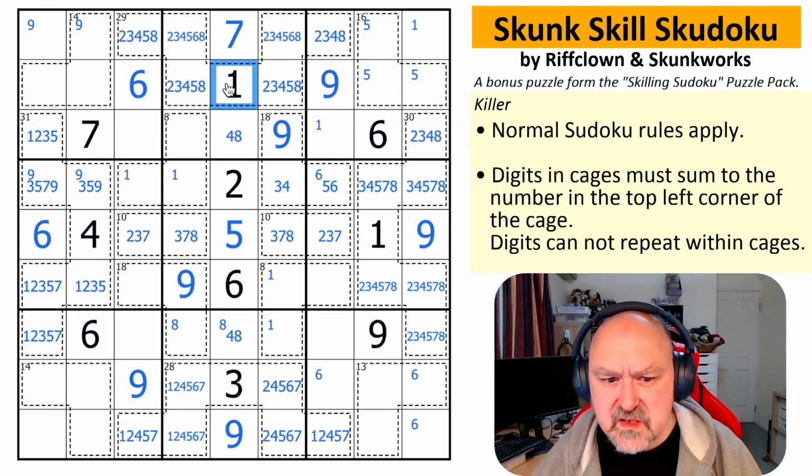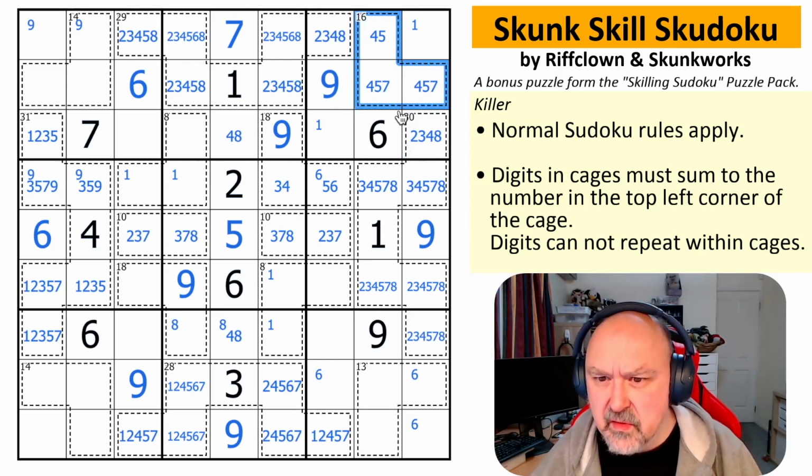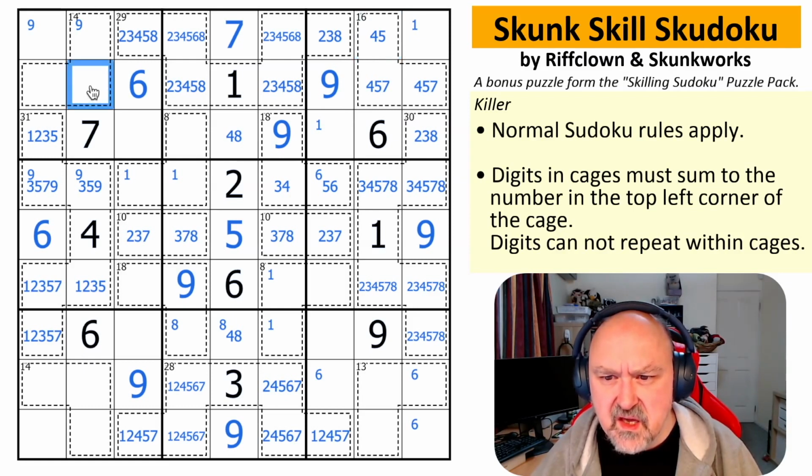But I was looking at ones. Actually, 7 is in this cage by Sudoku. So this is 4, 5, 7. This is 4, 5, 7. There is no 7 there. I can take the 5 out. So there's no 4 in those. So these are 1, 2, 3, and 8 in the corners. But that is 4, 5, 7. Okay. What about over here? So I was looking at ones, but that's...